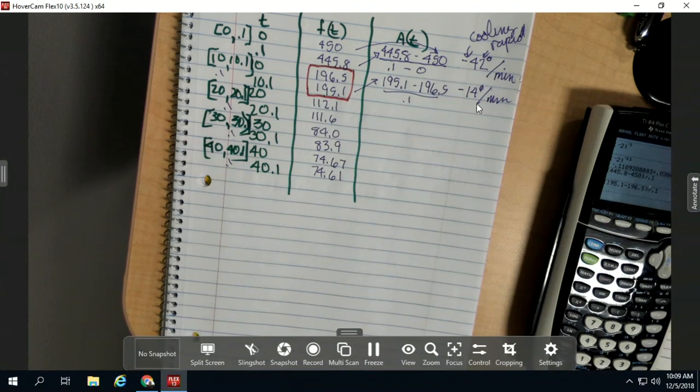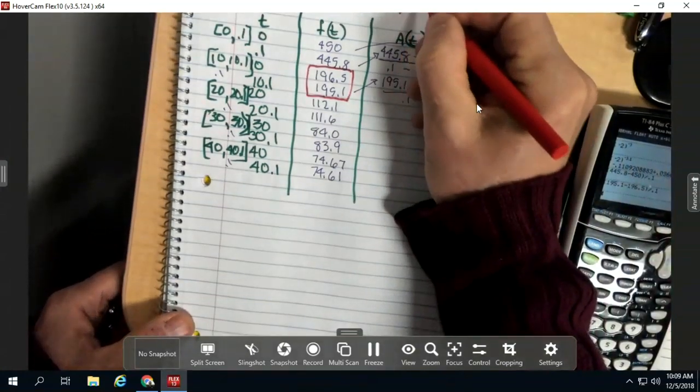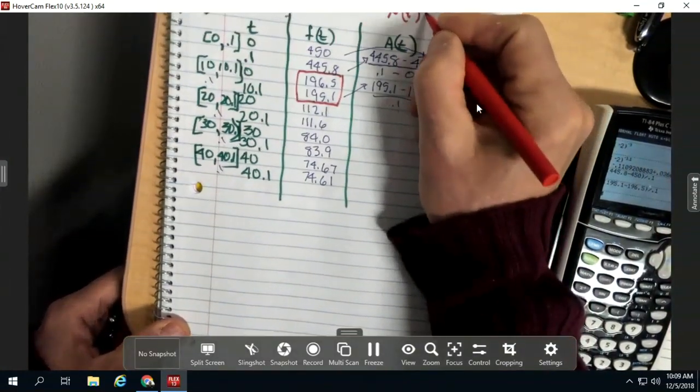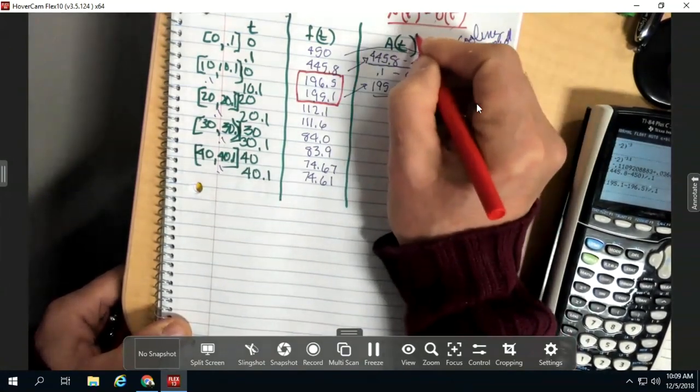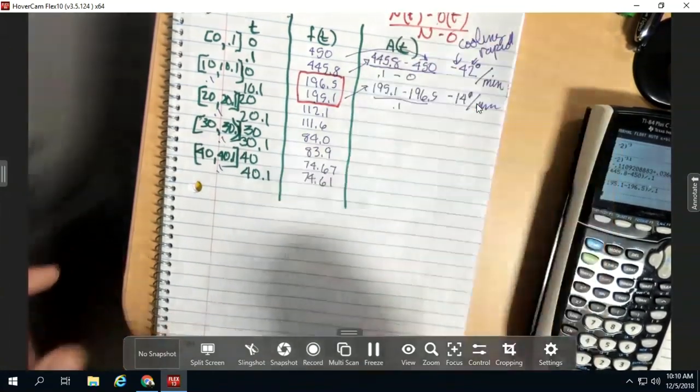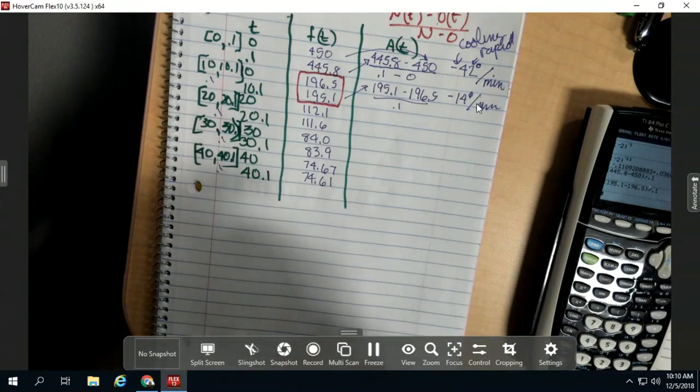Makes it seem like the pizza is getting warmer, right? It's a positive number. We need the number to be negative. So you always have to take the second value, the new function minus the old function divided by the new value minus the old value. Okay, next one,